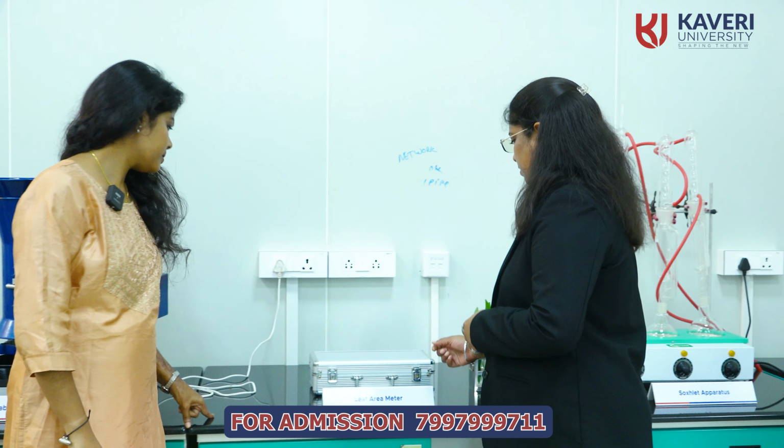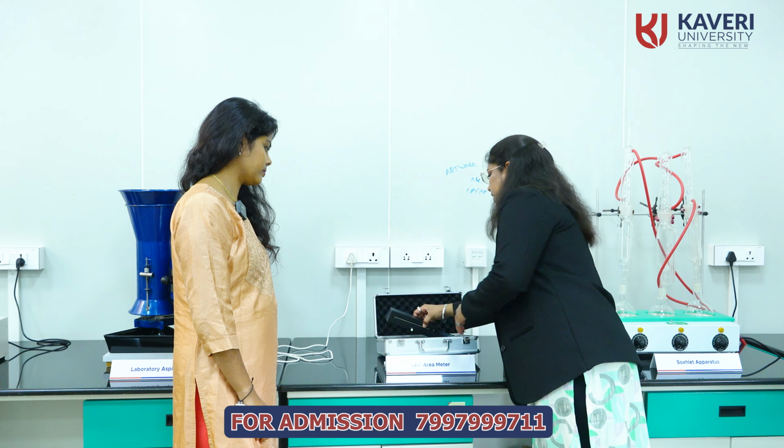Leaf area meter. In physiology, as we study, we understand the plant is growing day after day. To estimate mathematically by values that the plant has grown up to this value from the first stage to the second stage, this is the amount of leaf area or this is the amount of biomass estimated, we carry out certain mathematical growth analysis. In that aspect, we require the leaf area meter. This equipment will allow us to scan the leaf and estimate the area of it.